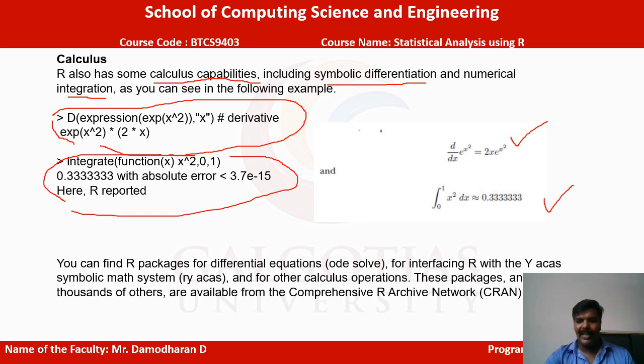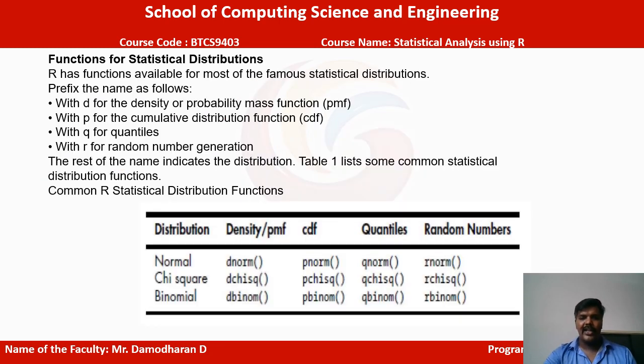So like dy by dx, where d is the value shown for the derivative. So e power x power 2, the exponent value of that power. The exponent is going to take the first value, x power 2. That x power 2 will be taken as an expression. So we will get the result as 2x e power x power 2. We will get the value here as our left hand side and the right hand side.